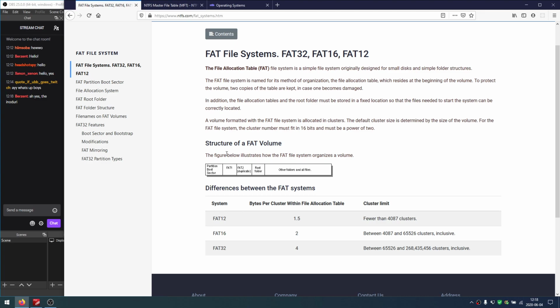Okay, now FAT means file allocation table. So the idea of the FAT file system is really simple. You have a large space where you store data, and then you have a smaller map in which you mark,